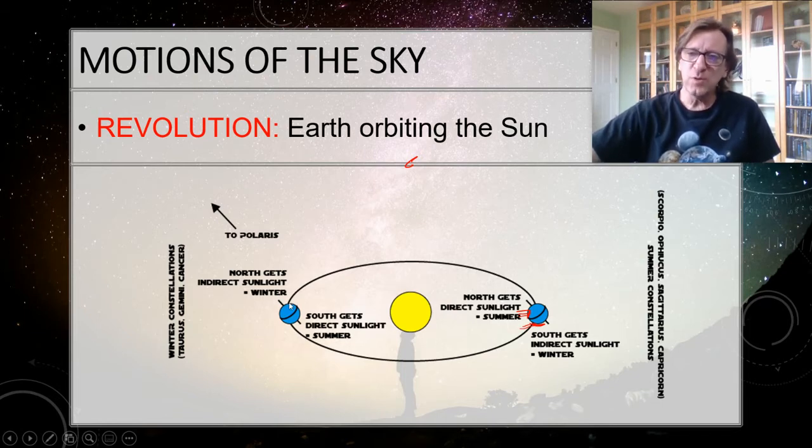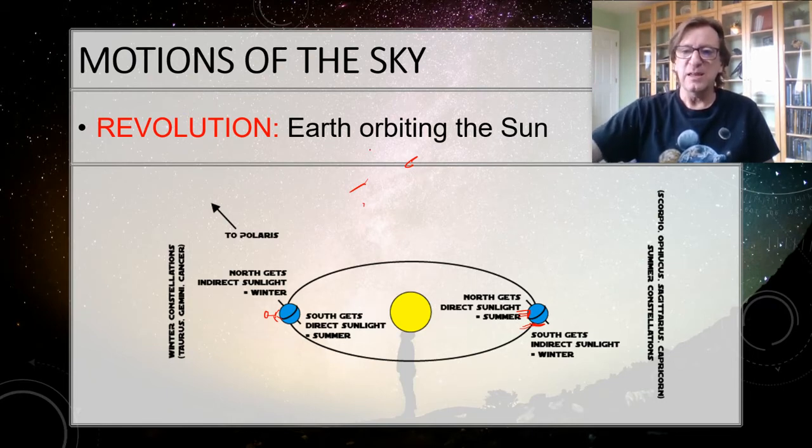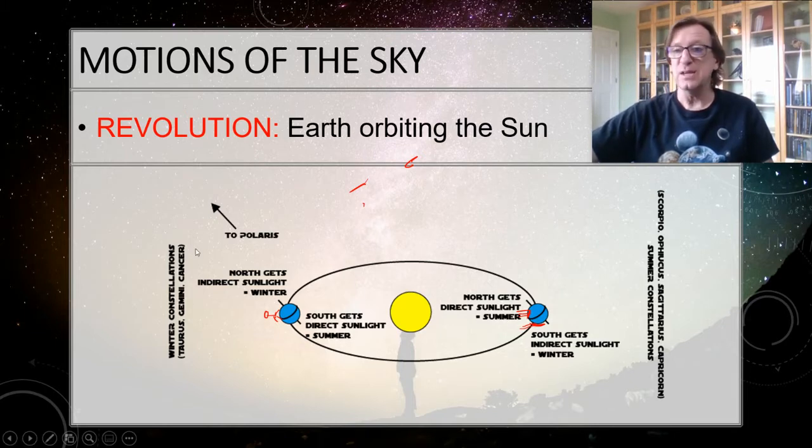Well, it's winter for the northern hemisphere, and that's what they're named for. And do you see that I can see these because in order to see it, I have to be dark. So I need to be on this side of the planet from them. Now, over here, at night, I can see these constellations. During the day, Taurus, Gemini, and Cancer are still up, but now the sun's shining, so I can't see them. So the only ones I can see over here are Scorpio, Ophiuchus, Sagittarius, and Capricorn. So these then we consider to be summertime constellations.